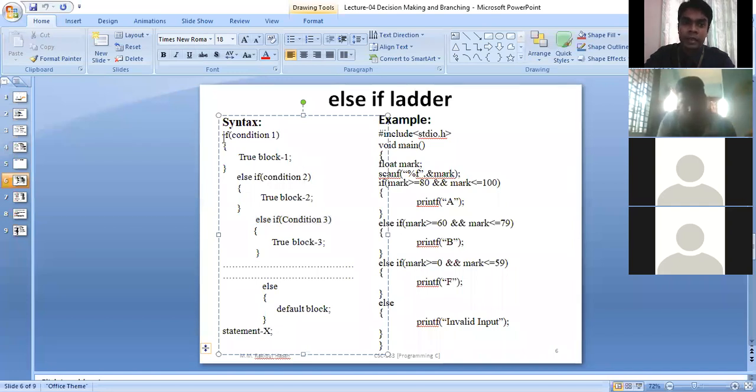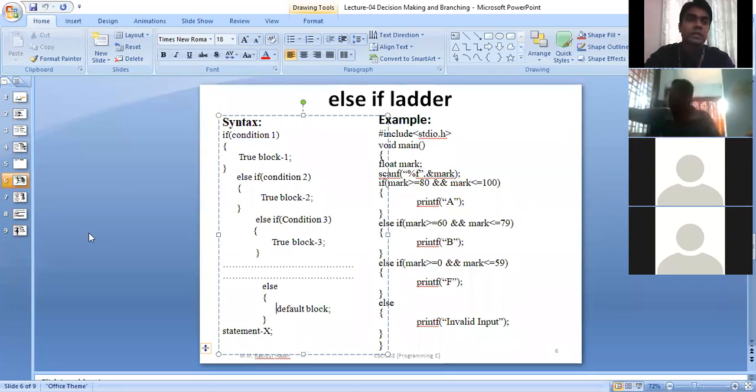And you can see here, this else part is the default block. That means if all the conditions become false, then automatically your program will execute this block. Suppose for your mark you give 1000, this is invalid. Automatically it will come to this block and print that your input is invalid.